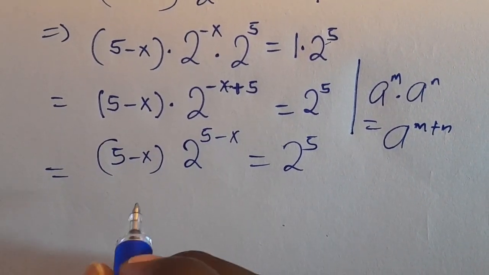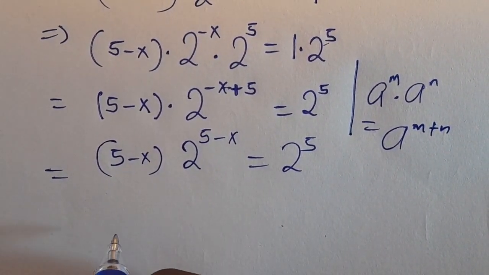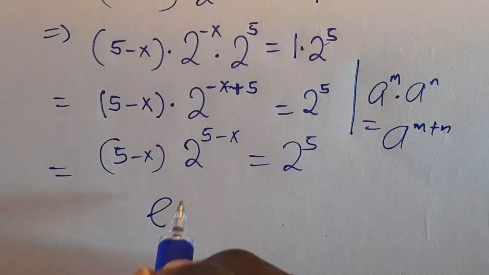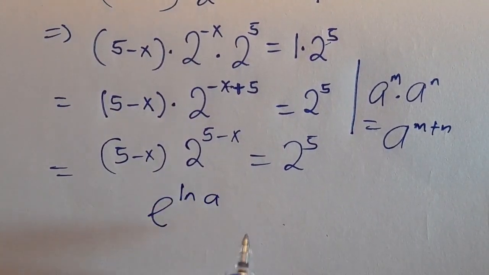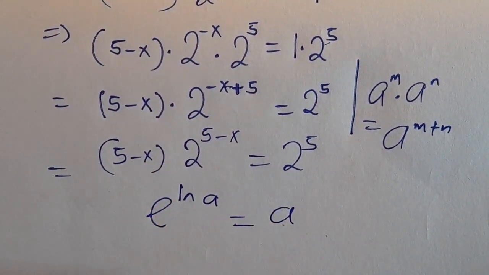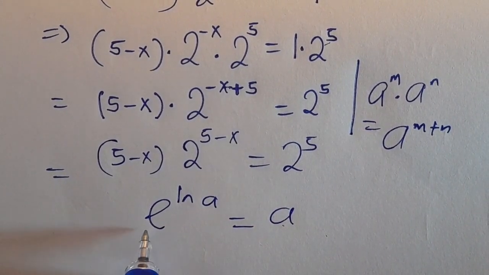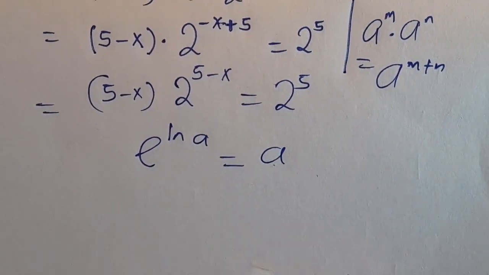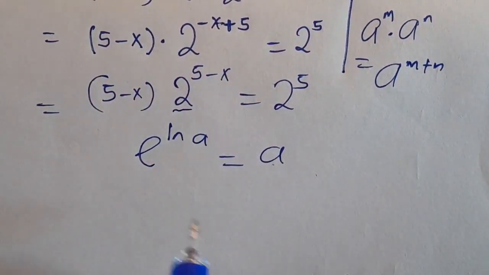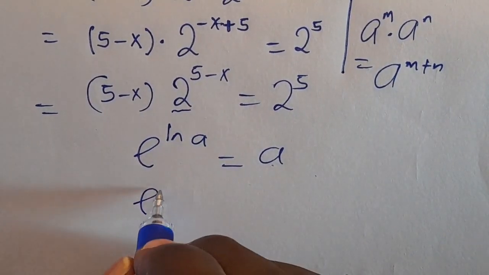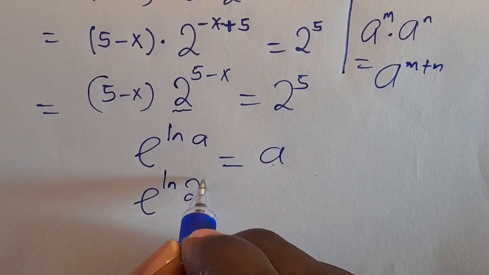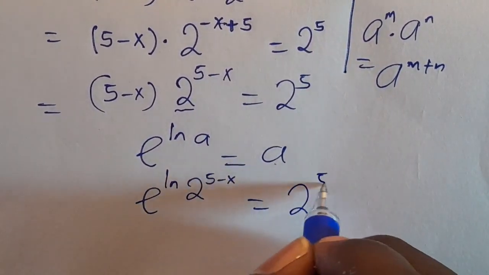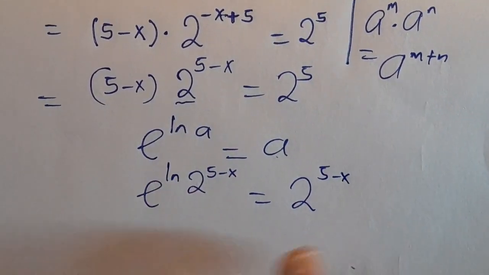But let us apply the exponential rule. When you have e to the power of ln of a, this will give us back our a. And the reason is that the exponent and natural log normally cancel each other. So, which implies that we want to apply it here. When you have e to the power of ln of 2 to the power of 5 minus x, it equals 2 to the power of 5 minus x. So therefore,